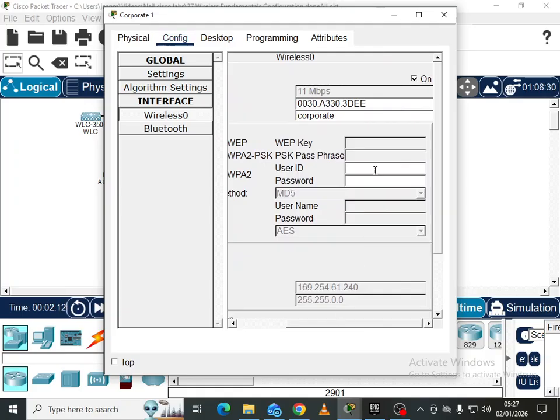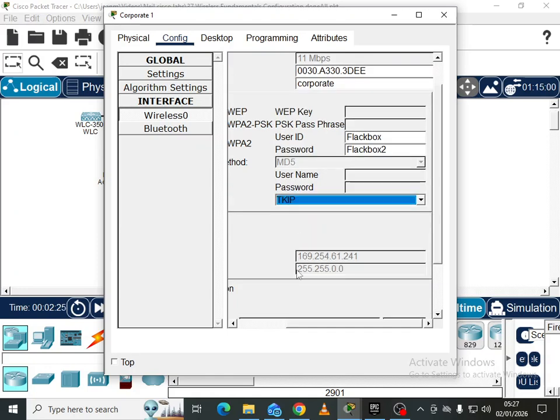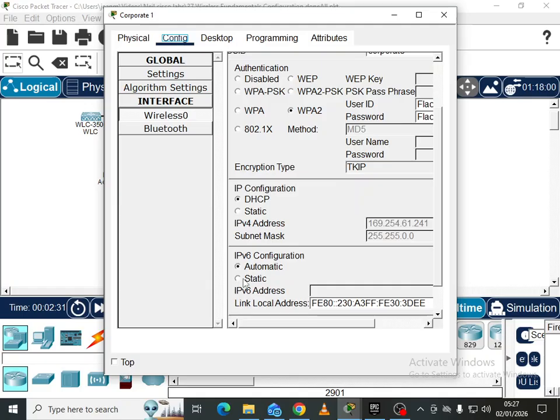And then the username, I said it's Flackbox, and the password is Flackbox2. And we need to change these settings here. I have to change this to automatic, and it has to change to a valid DHCP